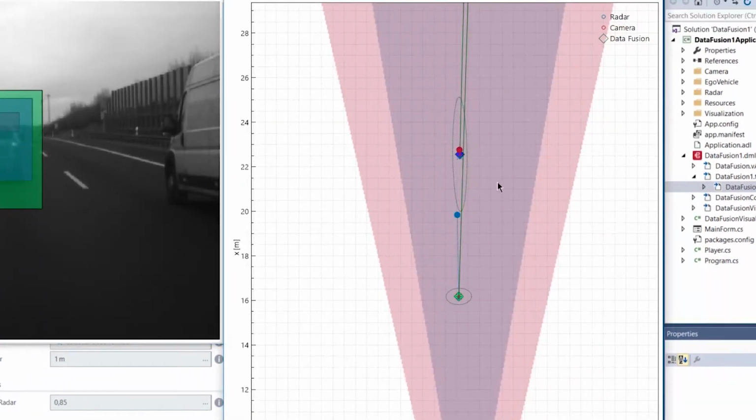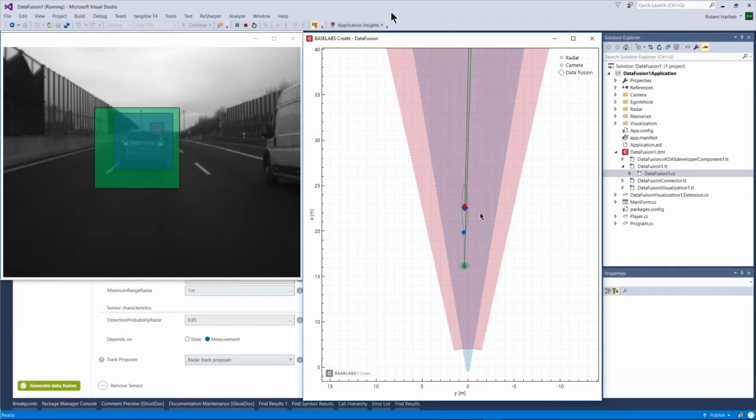So here we have the covariance for the track that's generated from the camera measurement, and this is the covariance for the track that's generated from the radar measurement. And notice that this covariance is suspiciously small. Does the radar sensor really have such good noise characteristics? In summary, the system does not realize that the camera measurement and the radar measurement are from the same object. And as mentioned earlier, likely causes include too low sensor noise and an incorrect mounting position.